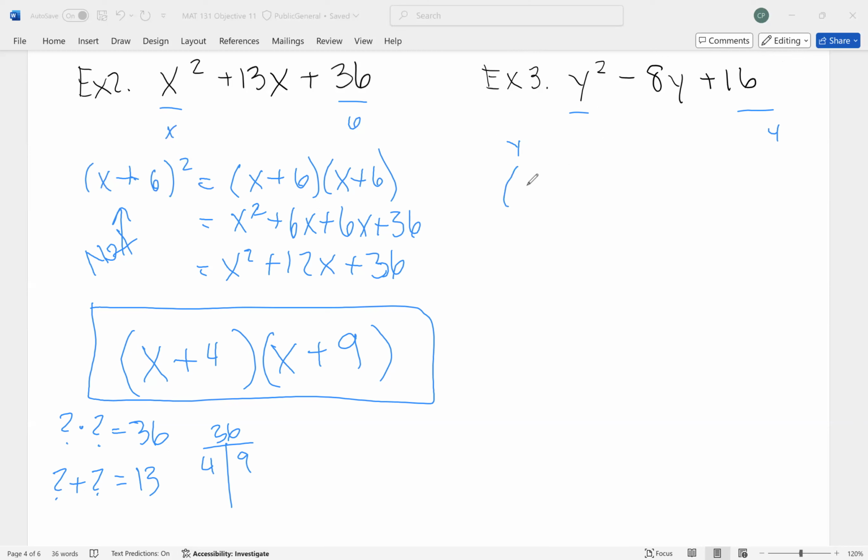So the possibility could be y minus 4, and it's going to be minus because of that minus sign. So that would be y minus 4 squared, okay? And if we think about the shortcut and everything, and we try to figure out what it would be,